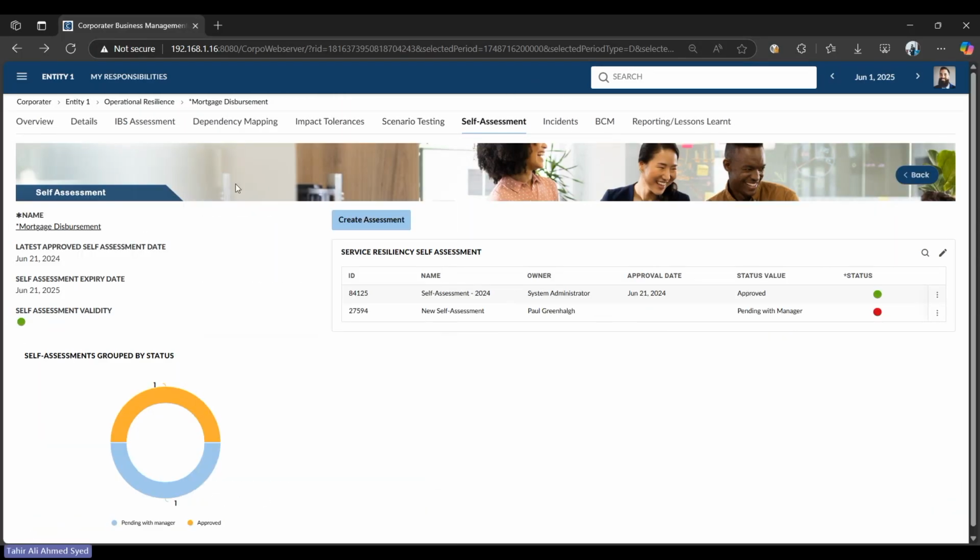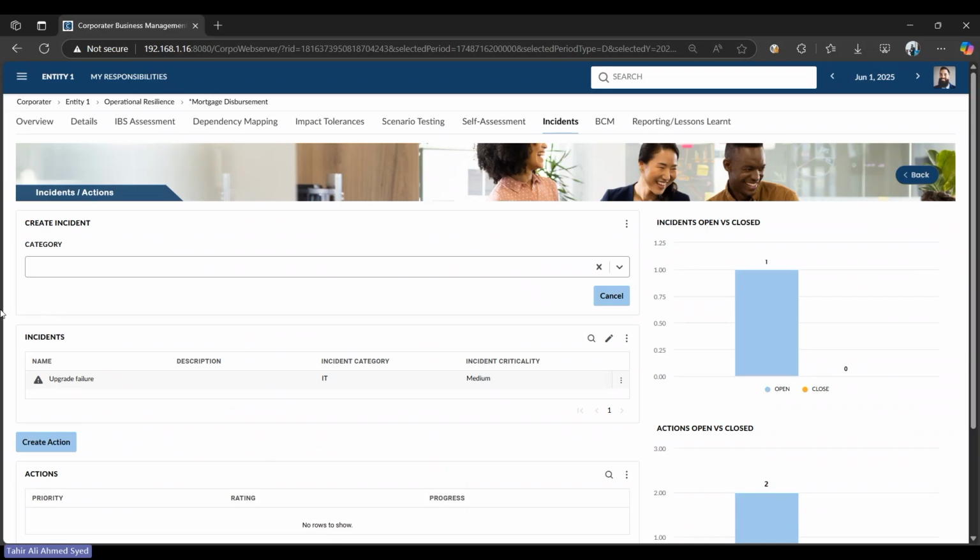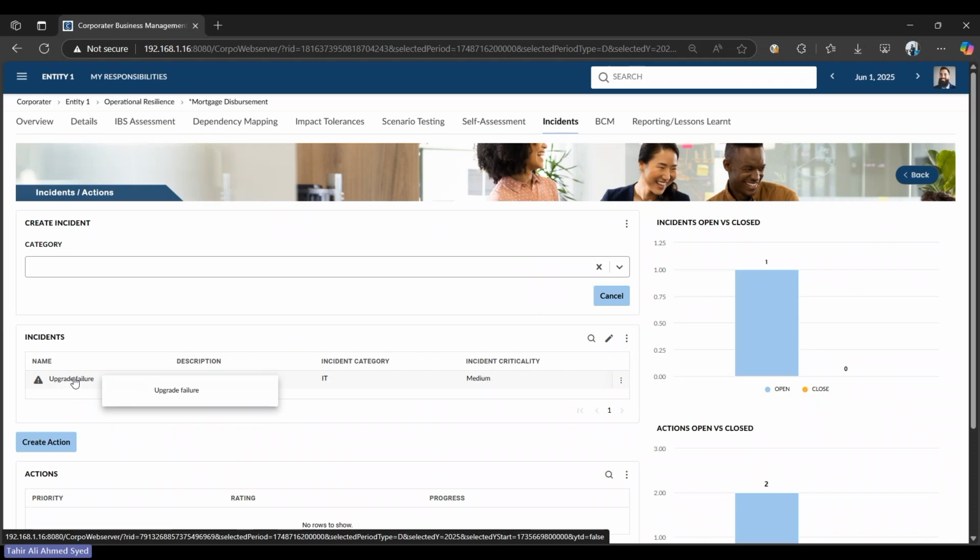Moving back to the screen, this completes the cycle for your resiliency, but there are a lot of supporting elements that are important and required to make sure that you stay resilient, right? Which is basically your incident management. Any open incidents related to the service are taken care of here. And all these linkages to the respective incidents can indicate your resiliency factor and the health of your resiliency for that particular service. You can also connect business continuity plans if you have any for the particular service.